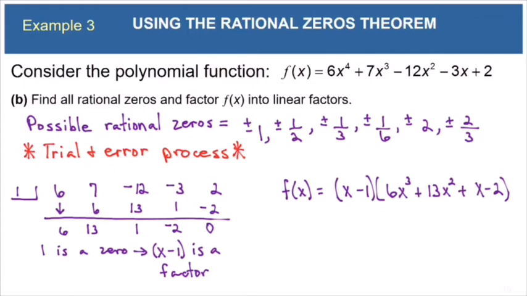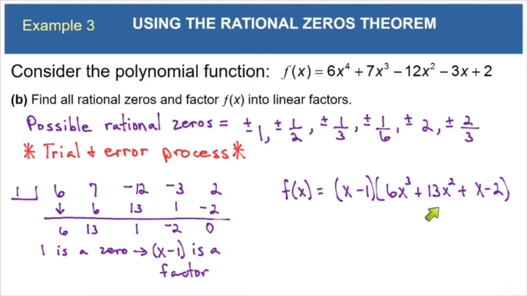And you see, this is what's so nice about the synthetic division process and the factor theorem, is it lets us factor expressions that we could not have factored any other way. You think about it. If I had asked you to factor this fourth degree expression, you would have been totally stuck, and I would have been totally stuck. But using the factor theorem and the rational zero theorem, we were able to break this big fourth degree function down into a linear factor times a third degree expression. So this is good. We're making progress.